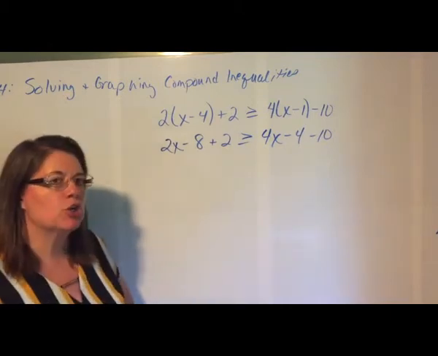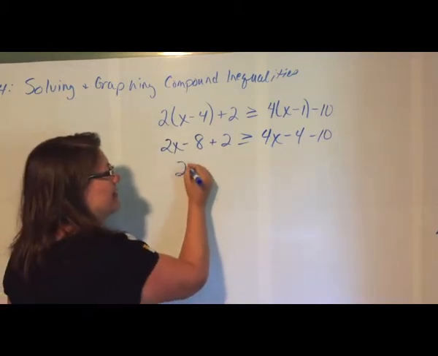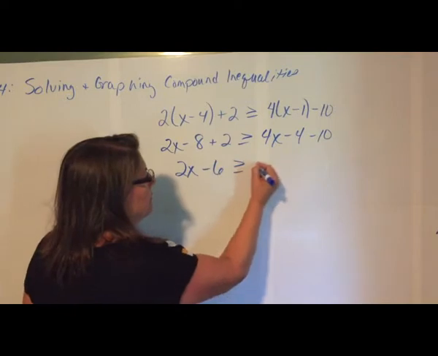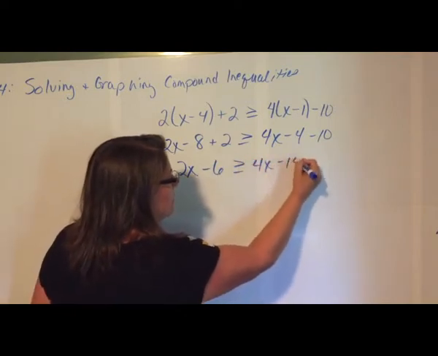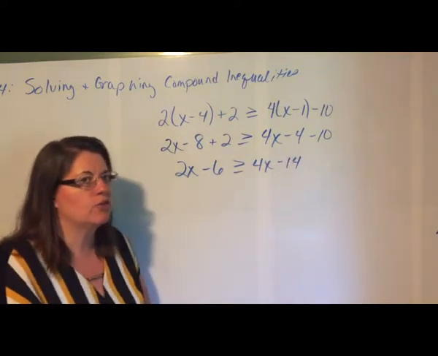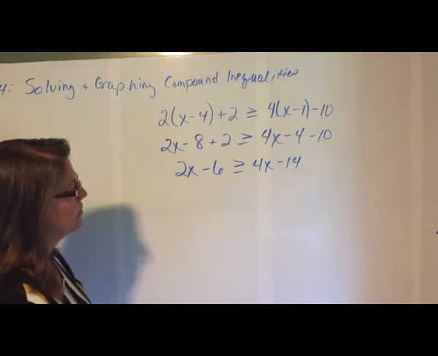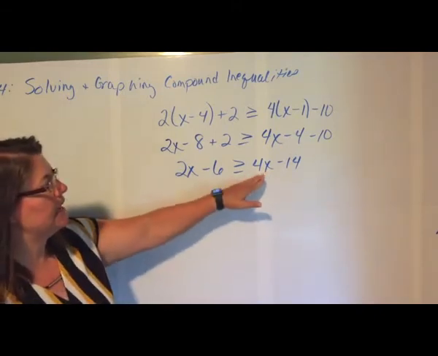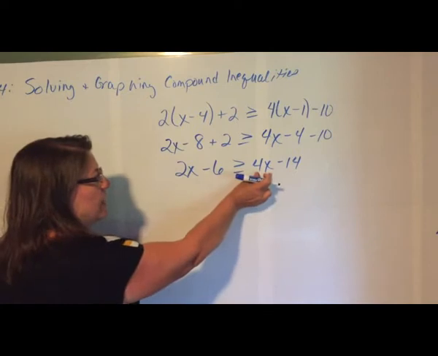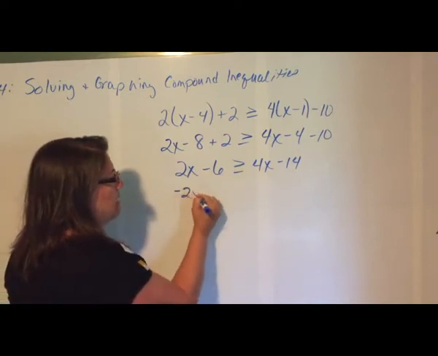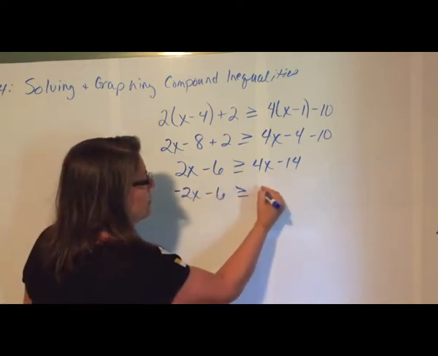Then I'm going to add like terms on each side. And this is all Algebra 1. You should be very familiar with this. Solving an inequality or an equation is a very simple process at this point. I'm going to get the x values to the other side. So if I subtract the 4x from both sides, I have negative 2x minus 6 is greater than or equal